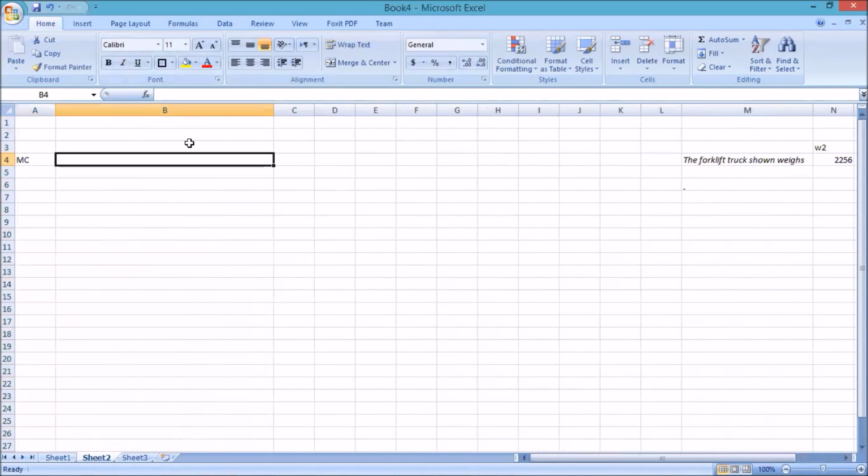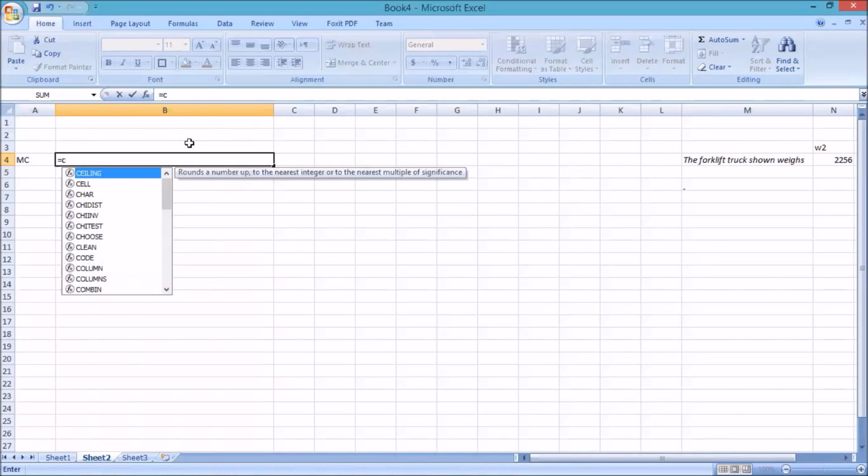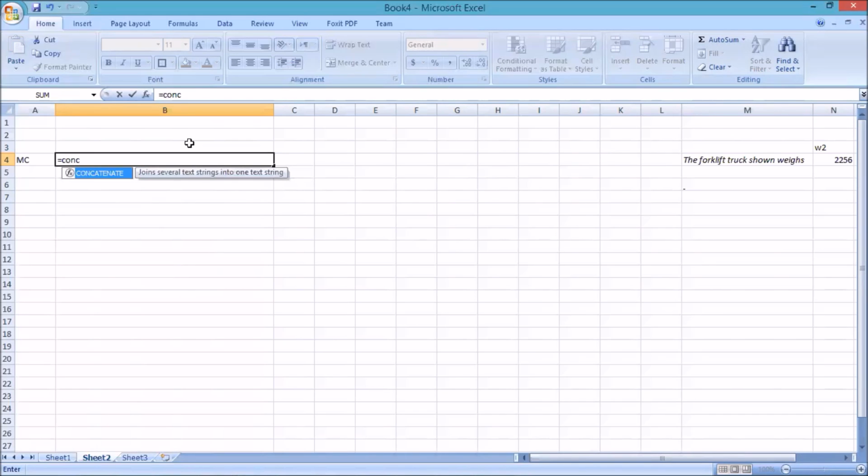There is a very interesting function in Excel, concatenate. Concatenate basically joins the contents of cells or a group of cells. For example, it's going to concatenate this one, the cell after,